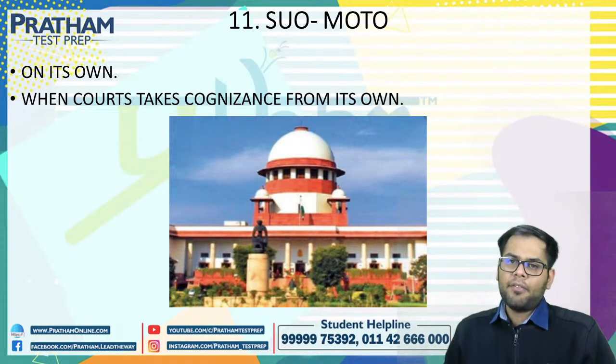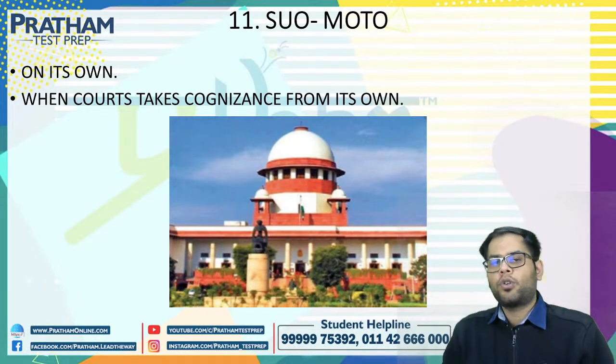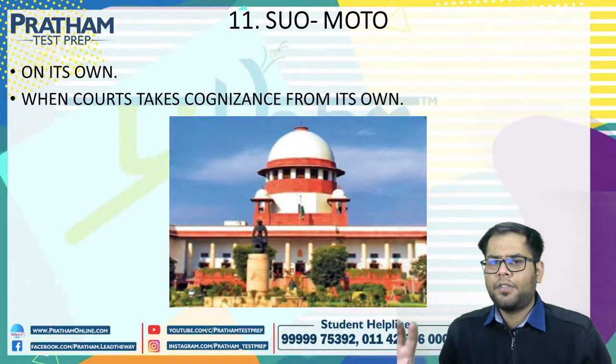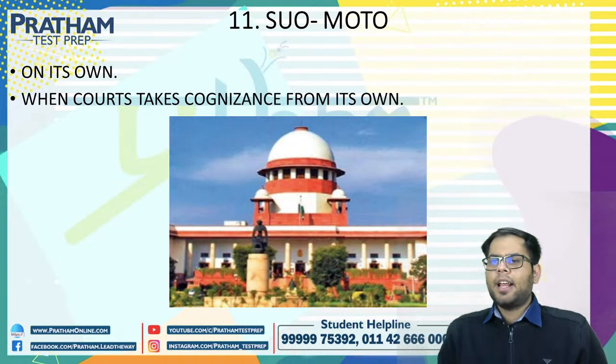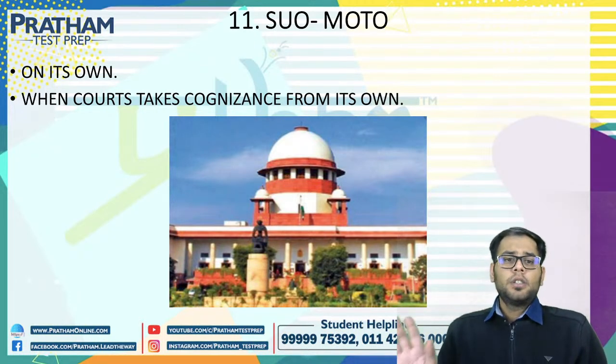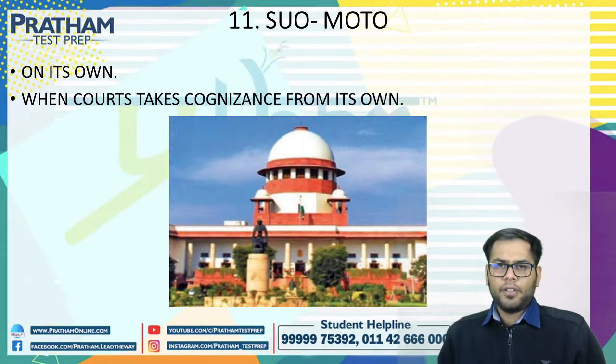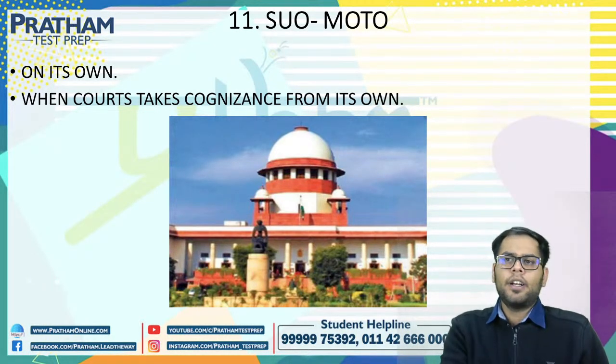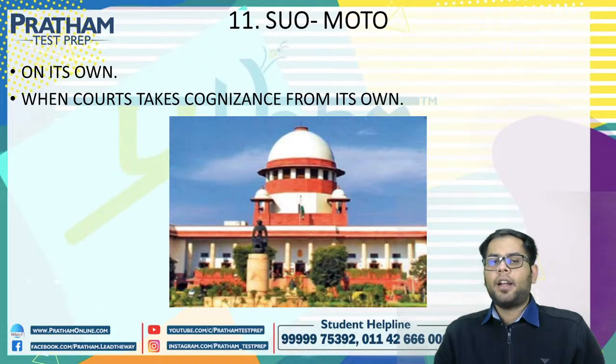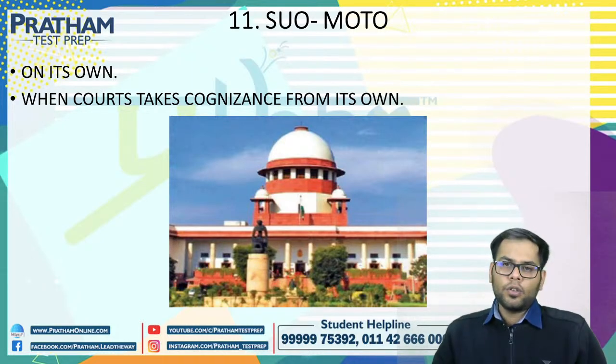Why? Because it wants public welfare, or there is some right or law that is affecting the public at large, right? So the court has the power to take SUO-MOTO cognizance of the same. So say an administrative authority, say the electricity department of Delhi, is not working properly, and there are a lot of lags in the electricity that is being provided to the people of Delhi. Now, the court can take SUO-MOTO cognizance of the Delhi electricity department, and can tell them to take action and get the regularity of the electricity in the city. Why? Because it is affecting the public at large and the court has the right to take such cognizance.